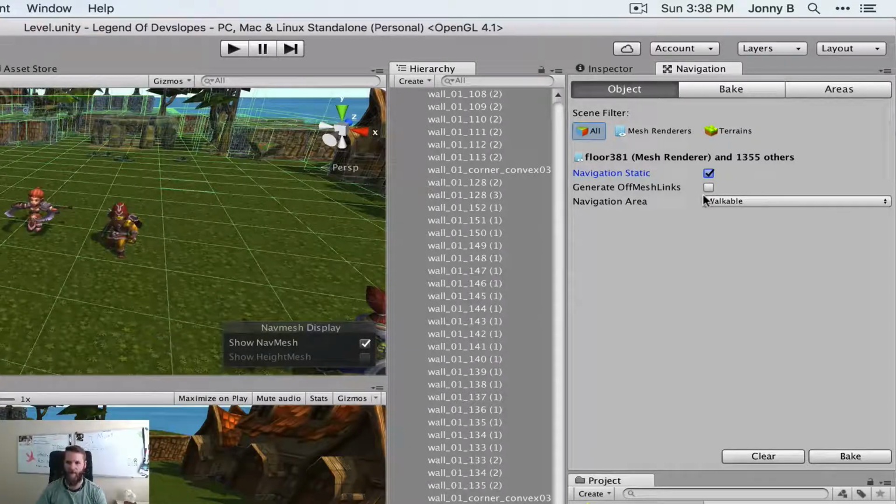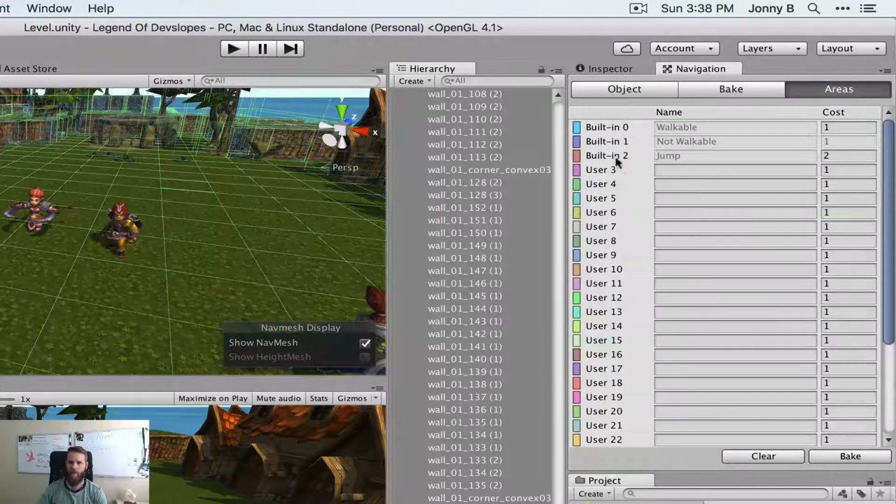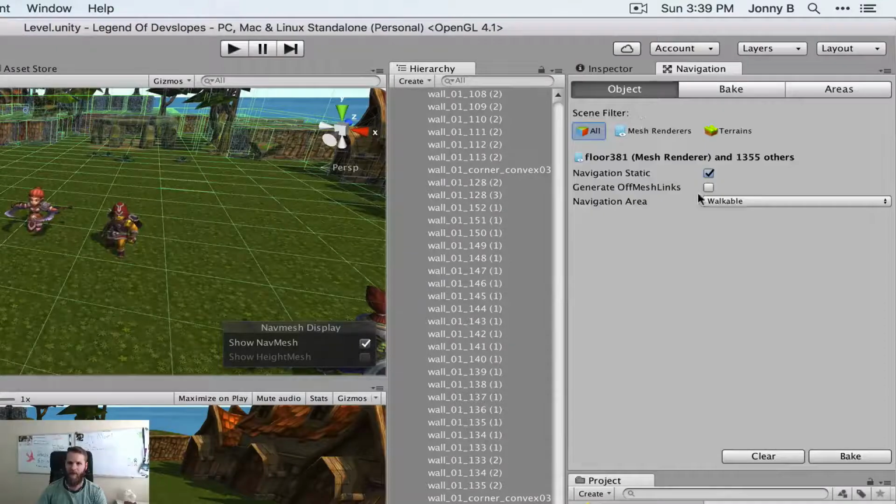And then here you have the option for navigation area. Your three options are walkable, not walkable, and jump. So what does that mean? Over here in the areas tab, we have a few built-in areas, okay? We have walkable, not walkable, jump, and then you can put in your own. So for instance, if you had areas that were, say, maybe like quicksand or something, you know, you could put a cost of 5 on that. And then you had mud, and you could put a cost of 4. So then when you selected specific areas of your map in object and assigned